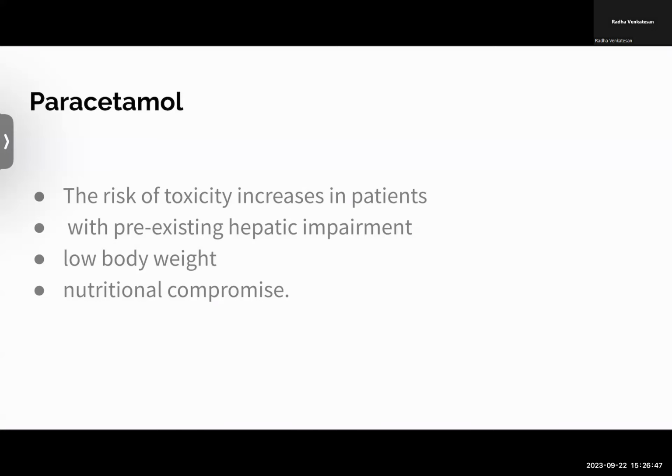So that is why these 3 points are very important. Or someone has hepatic failure, for them you should not give. Or nutritional compromise, they are skin and bone, some poverty or something like that. In the previous slide we said what the general dose is and what toxicity is, but you also have to keep these factors in mind. If any of these are present, you can't generally say, "I was told I can give 4 grams." That's why these also have to be kept in mind.